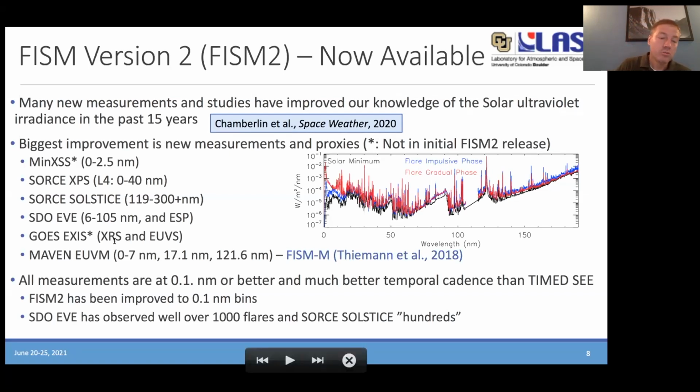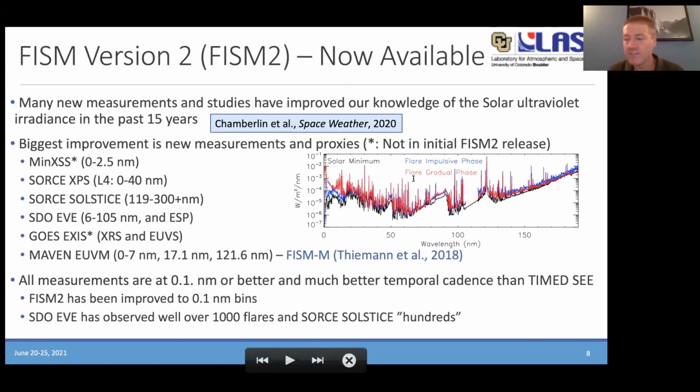The bottom 2 are new proxies that are available, and one I'm really excited about is the new GOES EUVS measurements that have now been publicly released as of a month ago. And this provides really good proxies of, as I was mentioning, the chromospheric and transition region emissions, these cooler emissions from the solar atmosphere that we haven't had previously on a high cadence. We've only had the soft X-ray measurements from XRS for the flare proxy, but now we have these really cool EUVS measurements that really show the impulsive phase of a solar flare.